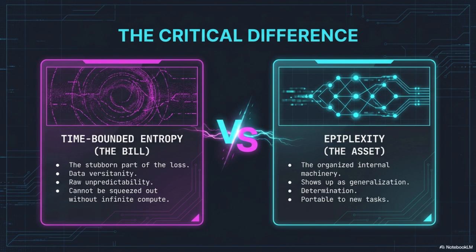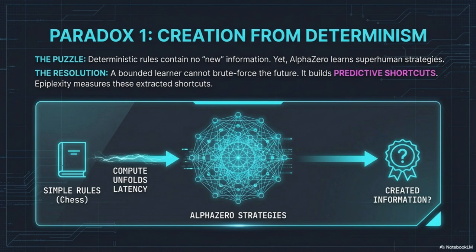But then there's this modern twist, the bounded part. That seems critical for AI. Oh, absolutely. In theory, the best model might take infinite time to find. In the real world, the best model is the one that compresses the data well, subject to a runtime limit. This brings in the bounded learner. So the formal definition in the paper, epiplexity is the length of the optimal time-bounded probabilistic program. They call it P-star. That's the core of it. That length is the measure of the structural bits, the reusable program. And this bakes in the observer. If you change the compute budget, the line between what's structure and what's noise actually changes.